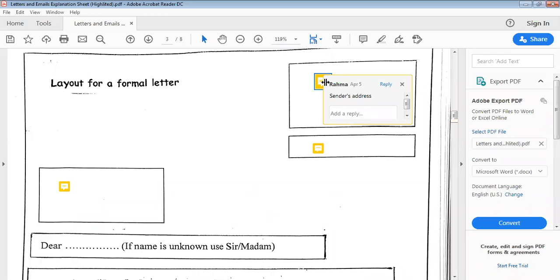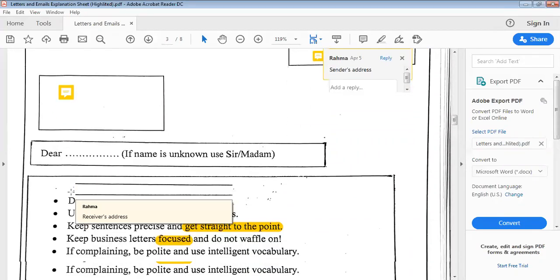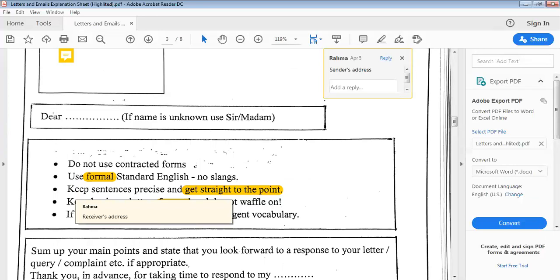The sender's address is written at the top right of the page. What comes after that is the date. Here is the receiver's address. Then you start with the greeting, dear sir or madam, or you can use the full name,